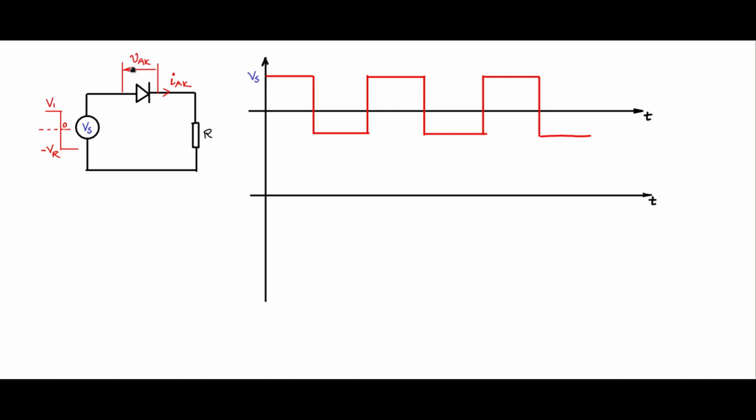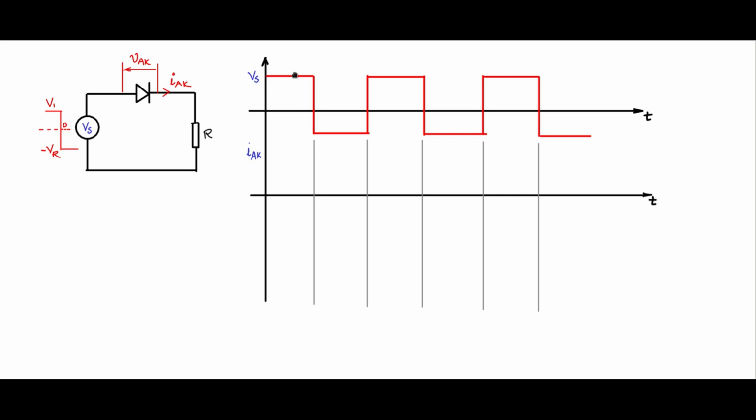And we know how to draw the voltage across the anode and cathode of the diode, and also the current through the diode. We saw that during the development of the dynamic characteristic. Now let us mark these critical transition points in the grid, and we will take the current through the diode, IAK, anode to cathode. So during this region, Vs is high, which means the anode is more positive than the cathode. The diode will conduct, and therefore there will be a current flow through the diode IAK.